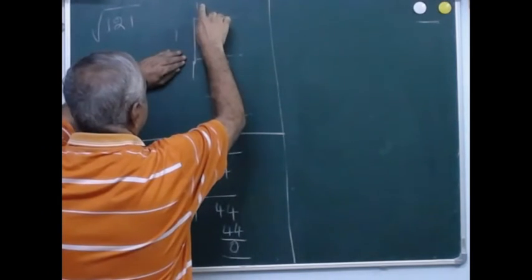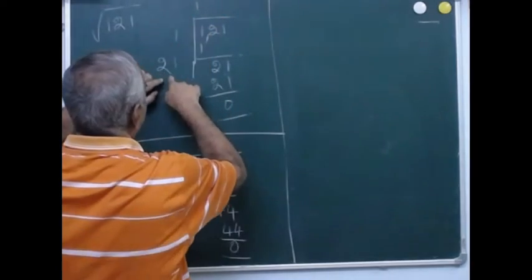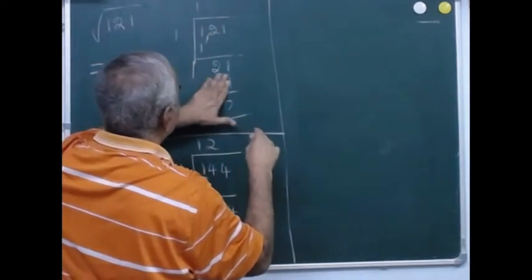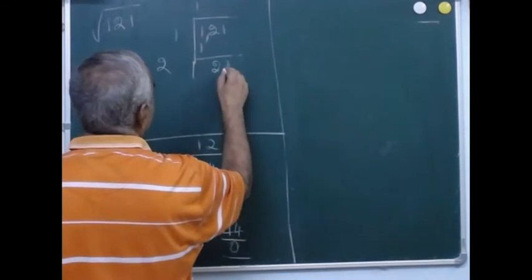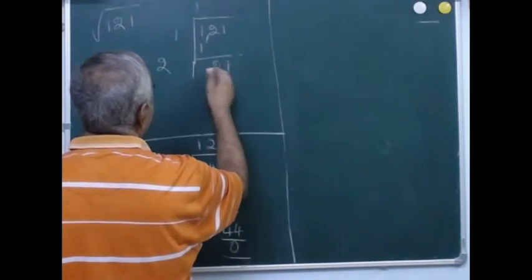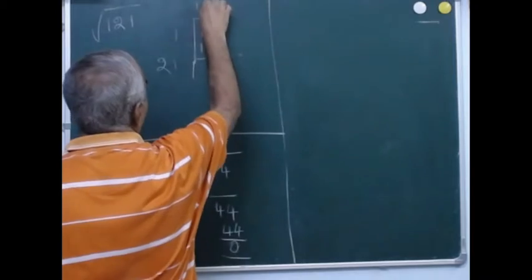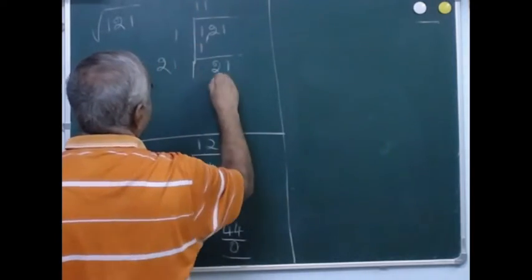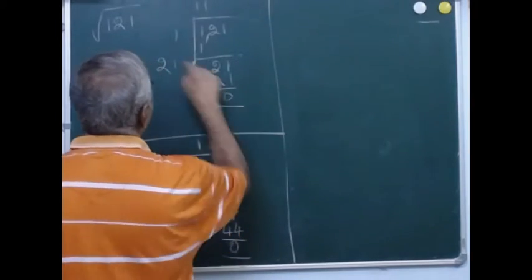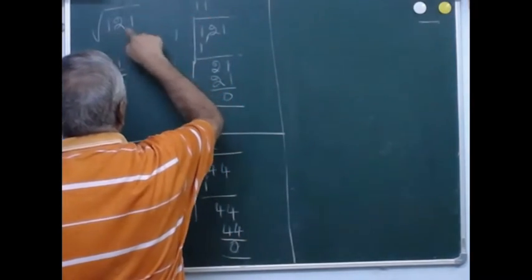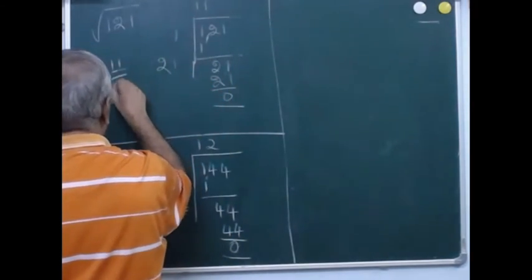So multiplied by 2, 1 into 2 is 2. And now you have to select a number, a perfect square. So you can put 1, 1. So 1 into 21 is 21. That is 0. So the square root of 121 is 11. Like this you can do for